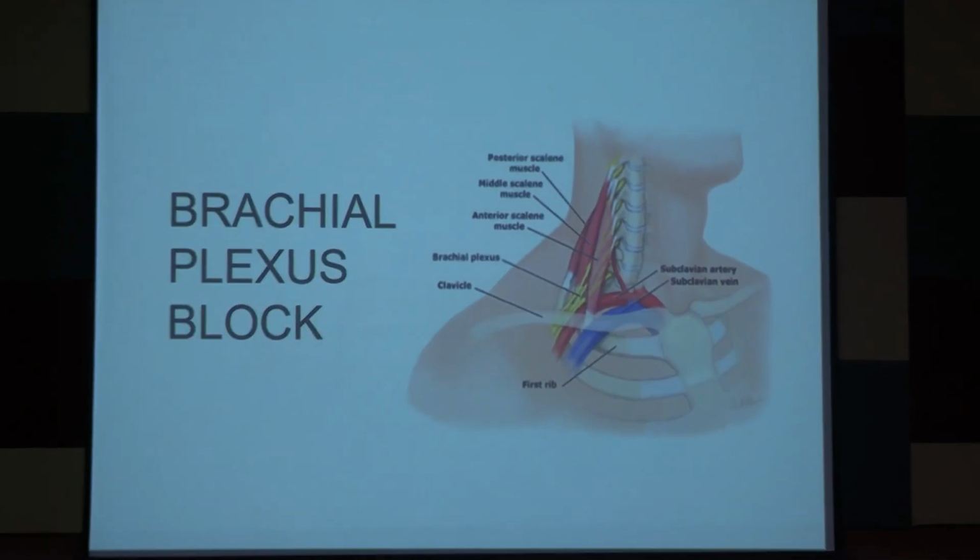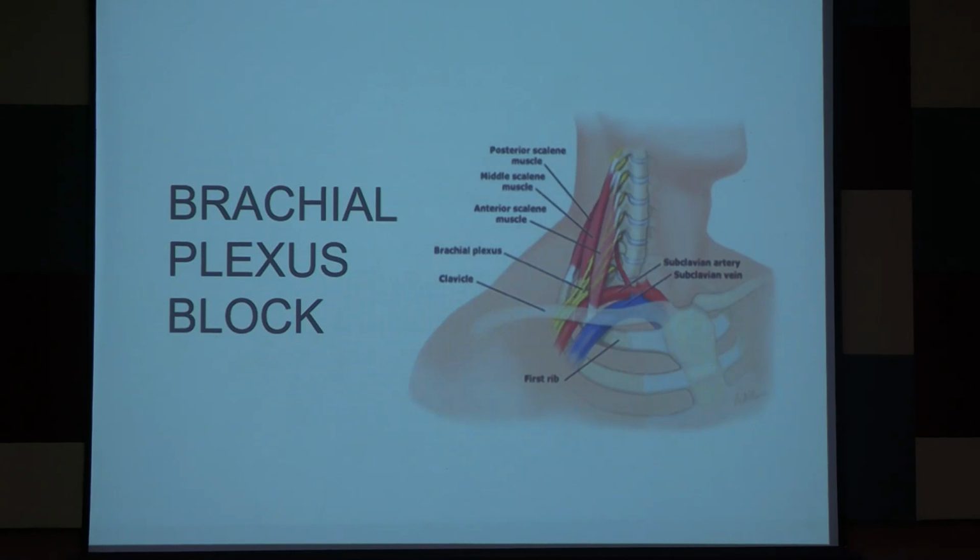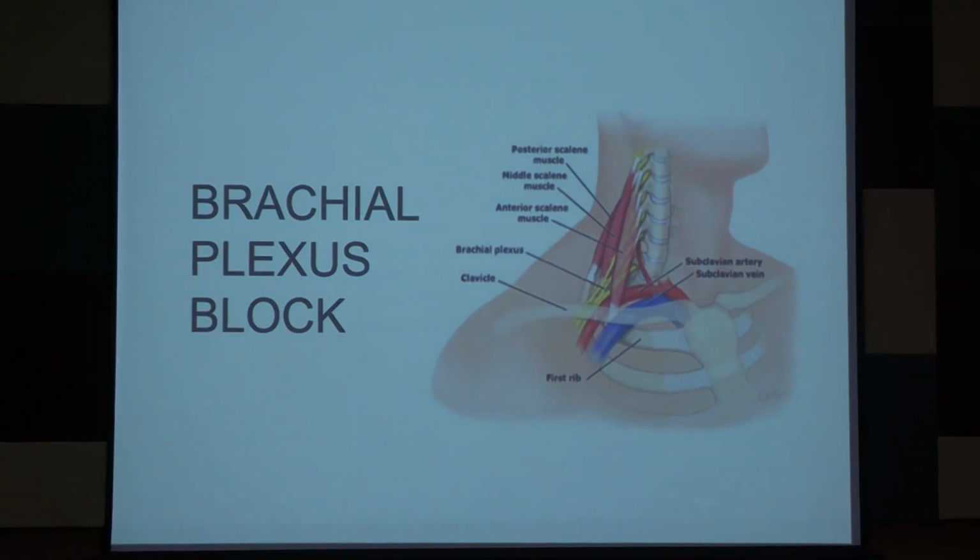This is the brachial plexus anatomy. As you can see, there is the anterior scalene and the middle scalene. That yellow colored brachial plexus lies in between the two groups of scalene muscles, right? If you provide a block exactly at the root level, you will be performing an interscalene block. If you provide the block just above the clavicle, that is termed a supraclavicular block. If you provide it just below the clavicle, that is an infraclavicular block, and if you provide the block at the level of the axilla, that is considered an axillary block, right?